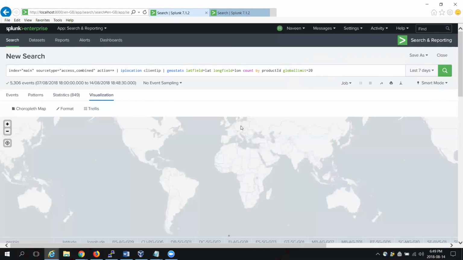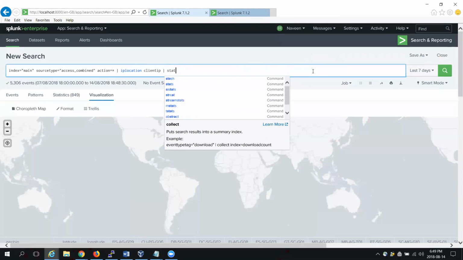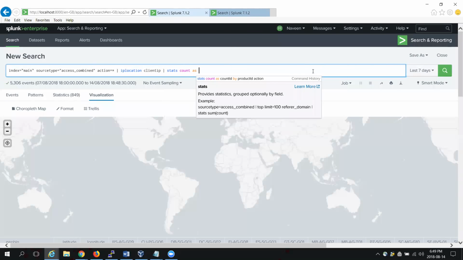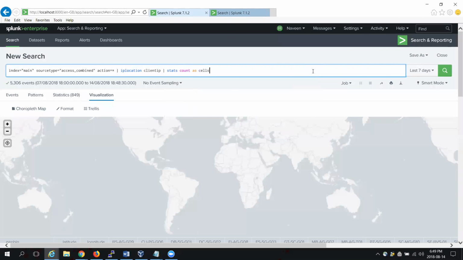For that we have some geom commands available. If you can remove this part from geostats, you can write stats count as sales by country. Okay, this is the normal thing. If you can run this query,